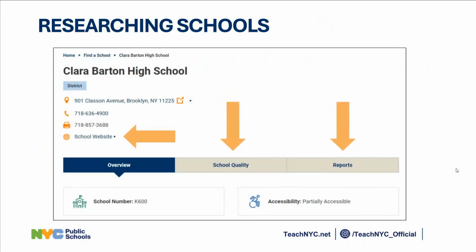And in terms of researching individual schools, you could click on an individual school's name. It will take you to a page that contains a wealth of information about the school. You can click on the school's website to go directly to their website and get an overview of some of the data, which is their grade levels, enrollment, district, and etc. Click on reports for additional information about school programs, finances, etc. if you want to learn more about particular schools.